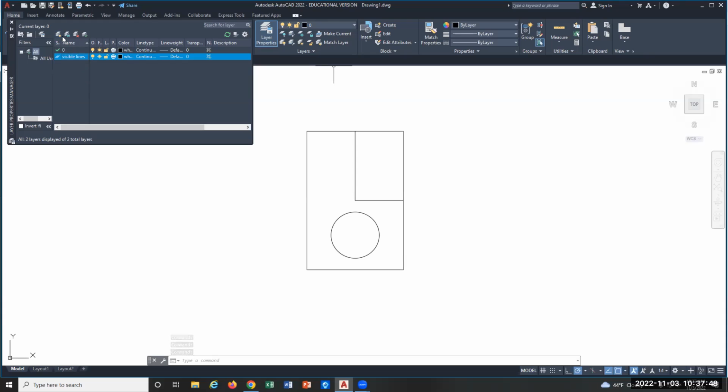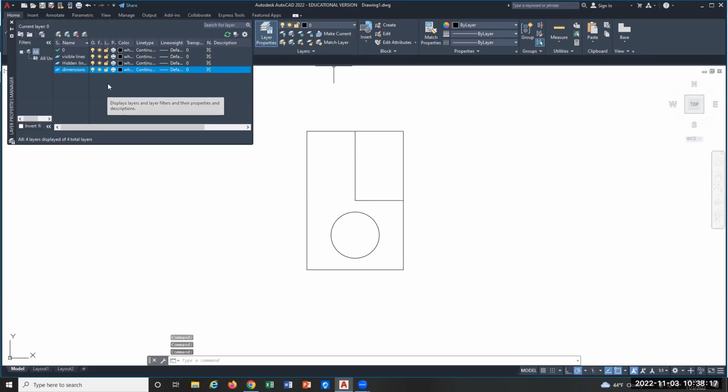If you mouse over these buttons, it'll tell you what they are. This one says new layer. It has a little star next to it, I guess. When you click it, it just gives you a layer and it calls it Layer 1, and it's ready for you to type. So maybe I need hidden lines. I'm just going to make a few just so you can kind of see how this works. And then maybe